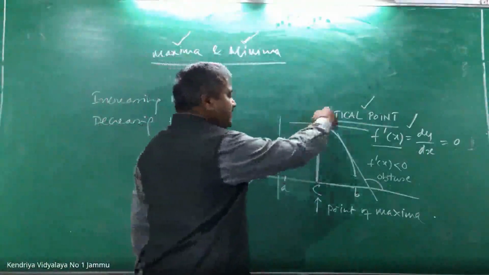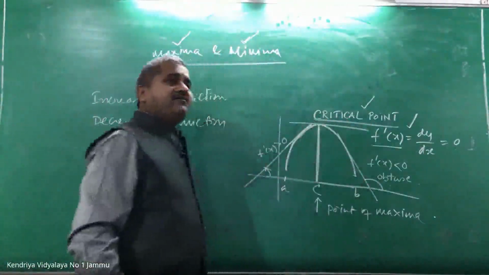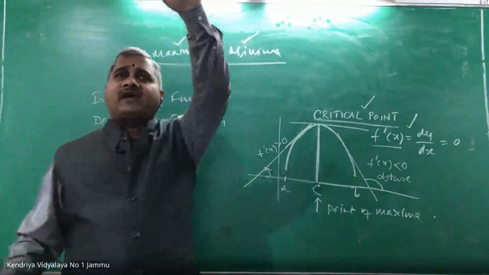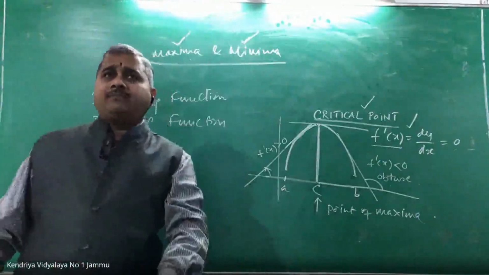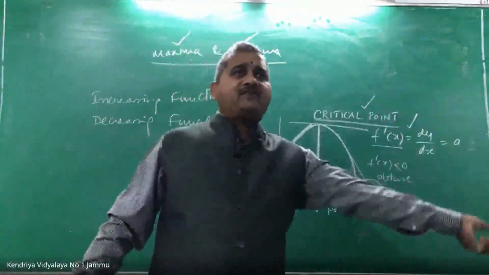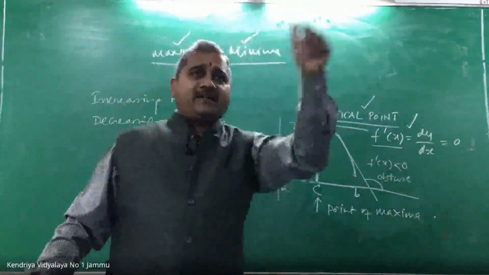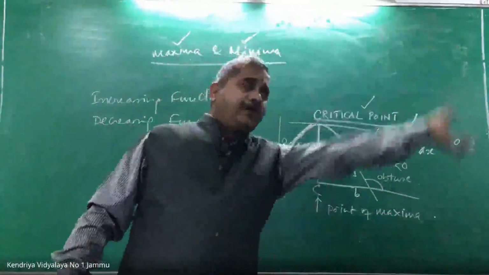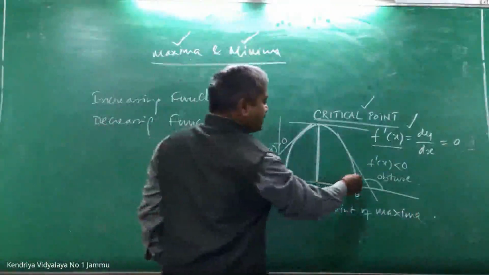Between increasing and decreasing, you find a point where it stops for a moment, where the gravitational force pulls the ball to come down, but it will not come down because the velocity we have given is much higher than the gravitational force. So it crosses and goes into the hands of the wicket keeper.